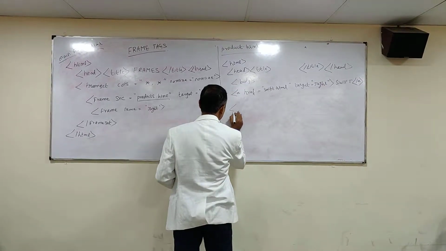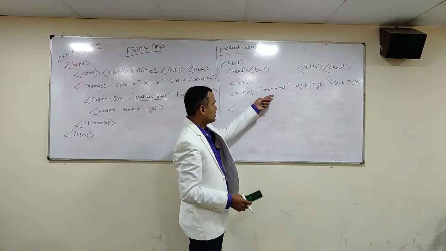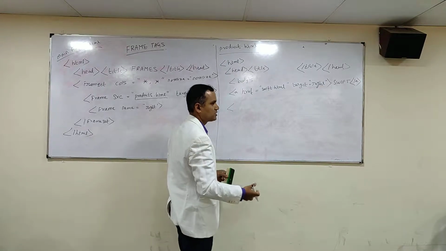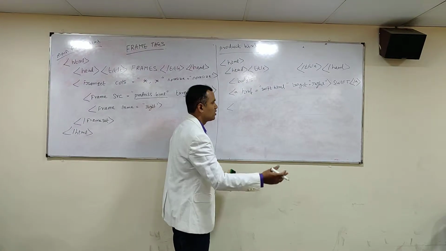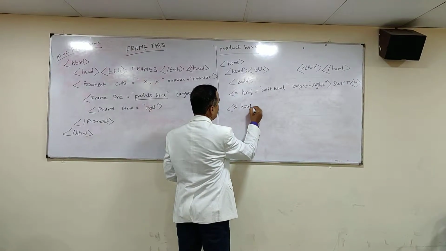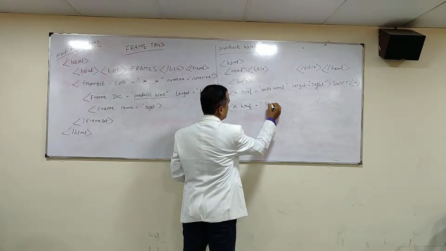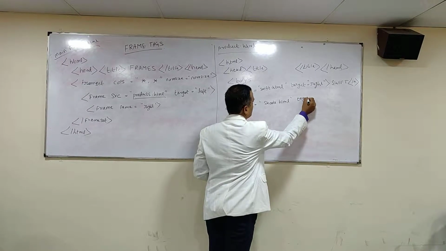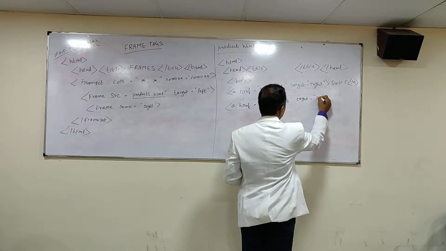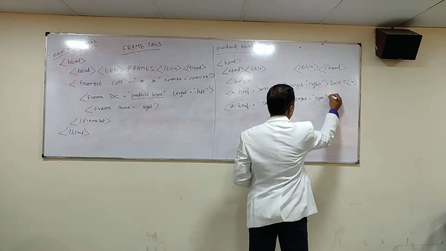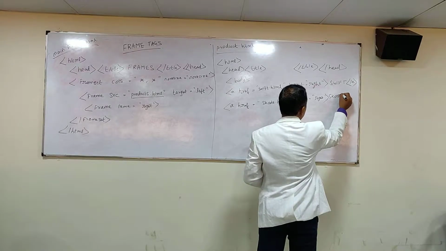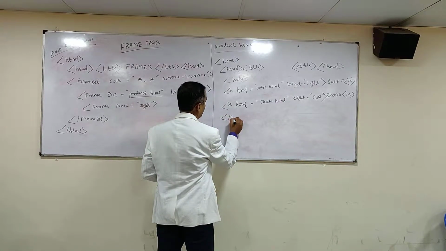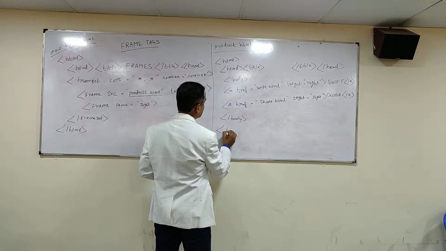Now I can have multiple car names, like Swift is my first display in the link, followed by I can have Skoda, followed by I can have BMW, or any number of cars that I wanted to have. Just to make you understand, let me give you one more reference. Skoda.html, and then the target, which is equals to, again, right, SKODA, right. I close my anchor tag, then I will be closing my body tag, then I will be closing my HTML tag,